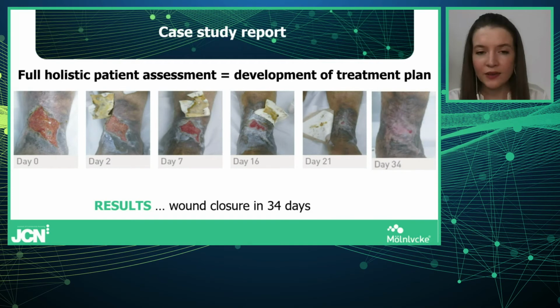And after only 16 days of treatment, Exufiber Ag+ was no longer required, and they stepped down to using just the Mepilex Border Comfort alone, as the local infection and exudate levels had been well controlled. So overall, a really good response to topical and systemic treatment was